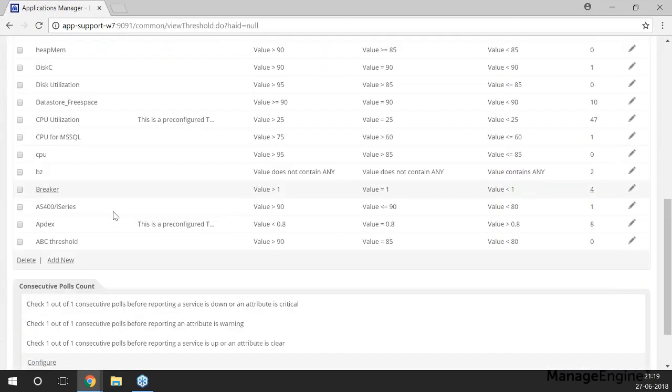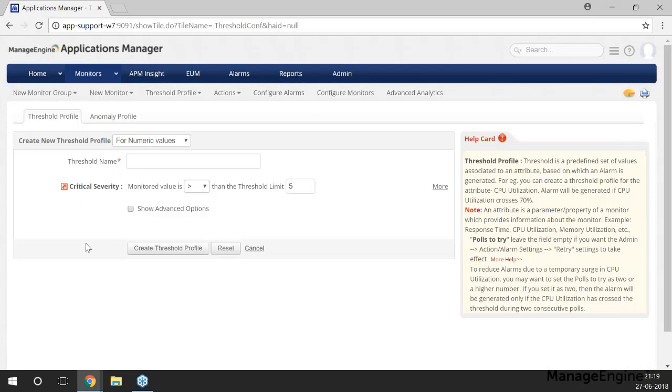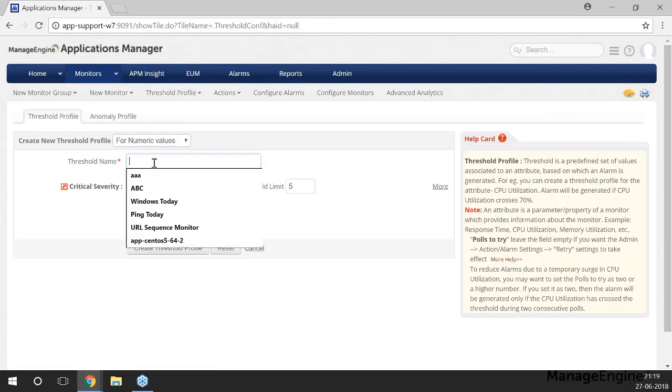Let me scroll down and add a new threshold. So while adding a new threshold, as you can see here, this threshold can be applied for numeric values, string values. However, float values only come into play when we are dealing with the APM Insight module. So we will select the numeric values, and